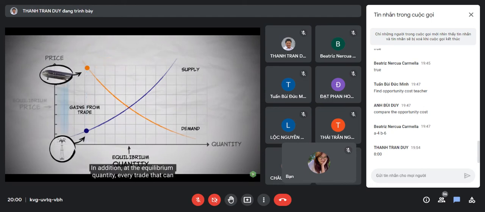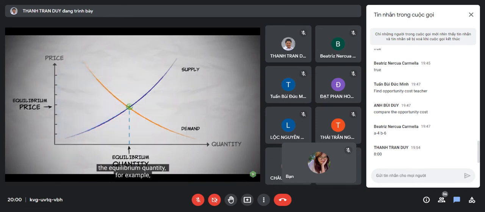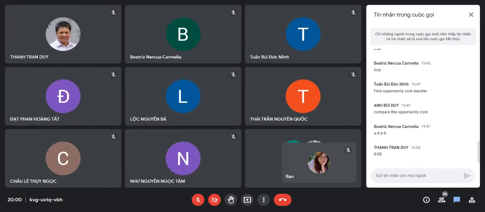In addition, at the equilibrium quantity, every trade that can generate value does generate value up until the very last trade where the value to buyers is just equal to the cost to sellers. In a free market, there are no unexploited gains from trade and there are no wasteful trades. If the quantity exchanged were greater than the equilibrium quantity, for example,